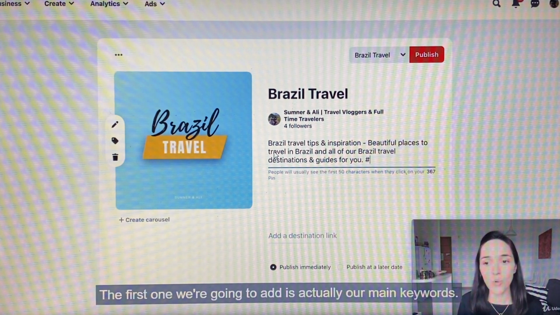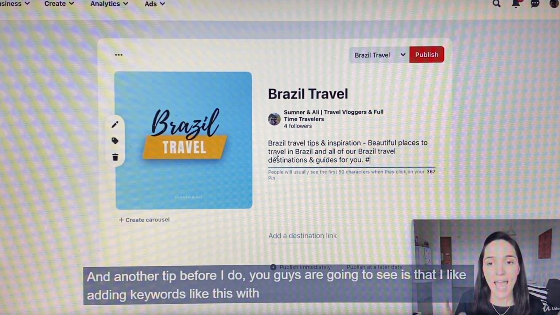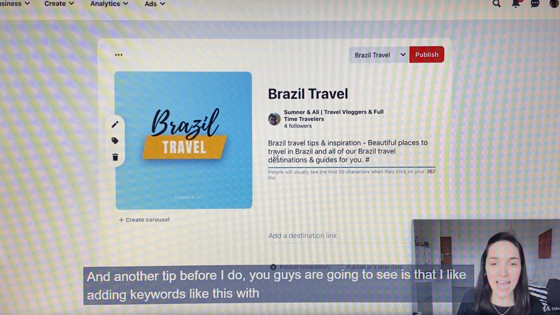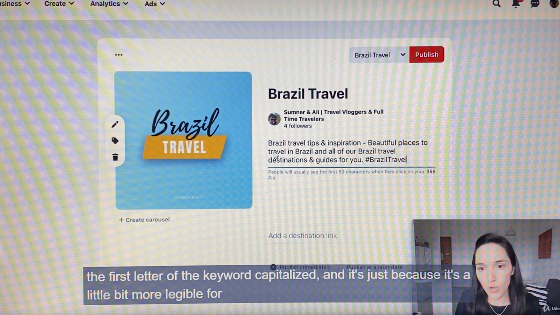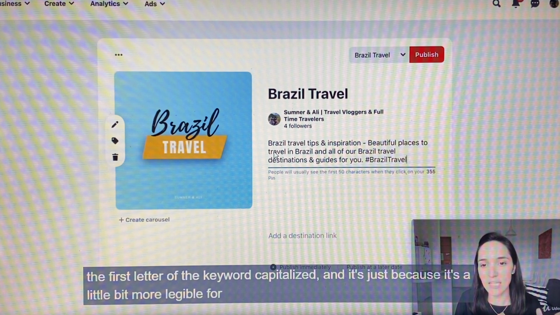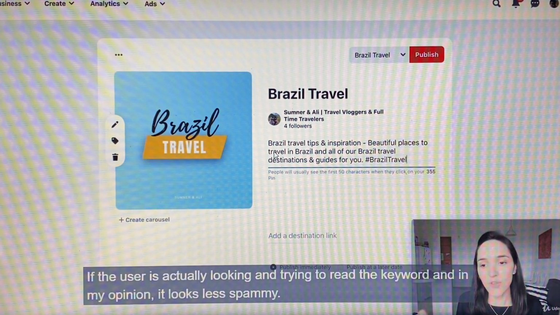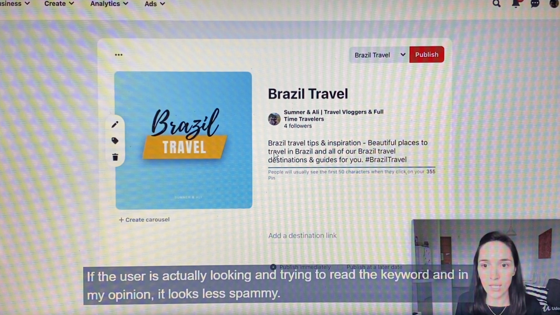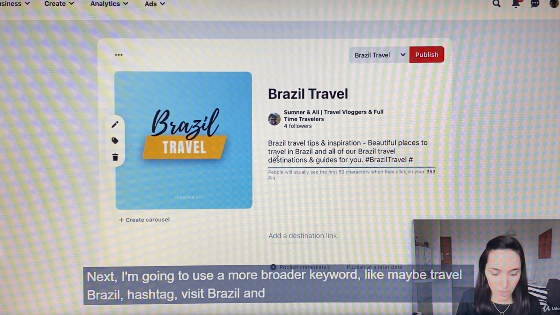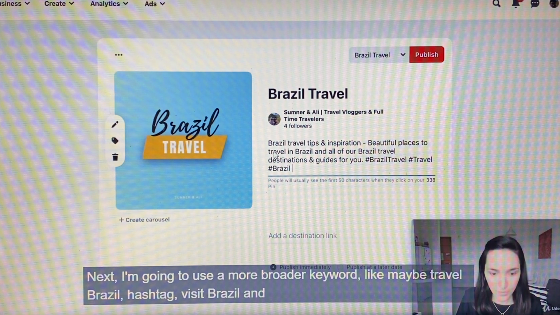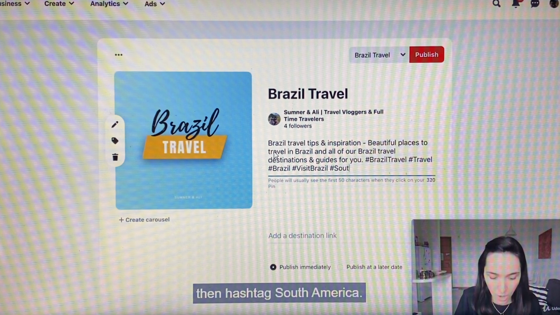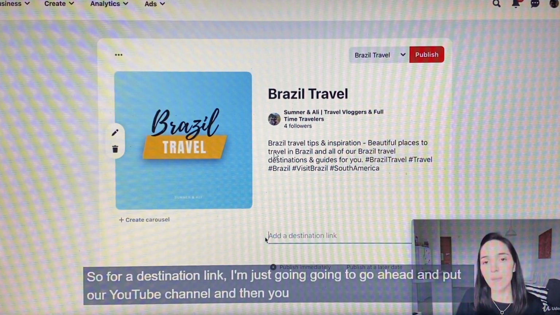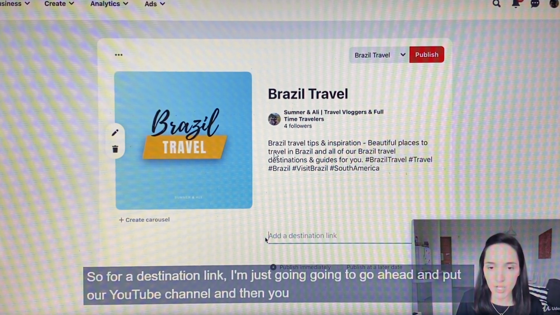With hashtags, the first one we're going to add is actually our main keyword. And another tip before I do, you guys are going to see, is that I like adding keywords like this with the first letter of the keyword capitalized. It's just because it's a little bit more legible for the user who is trying to read the keyword, and in my opinion it looks less spammy. And next I'm going to use a broader keyword, like maybe travel Brazil, hashtag visit Brazil, and then hashtag South America. So for a destination link, I'm just going to put our YouTube channel,